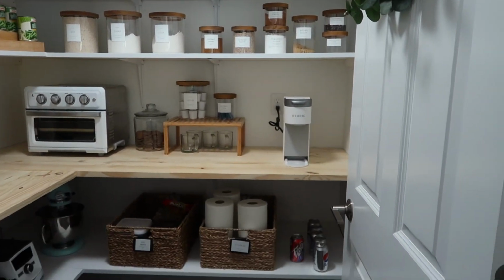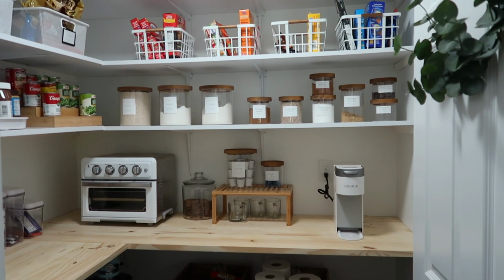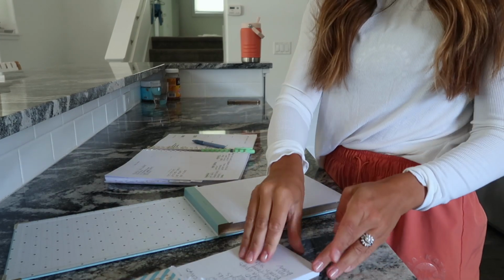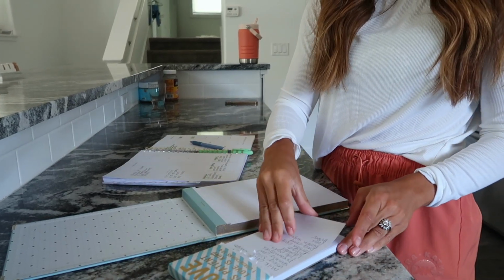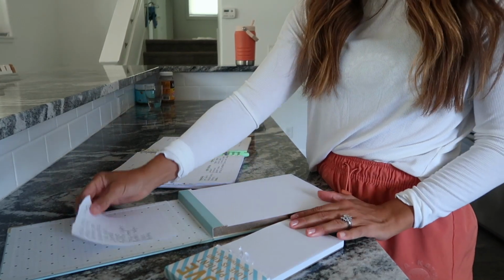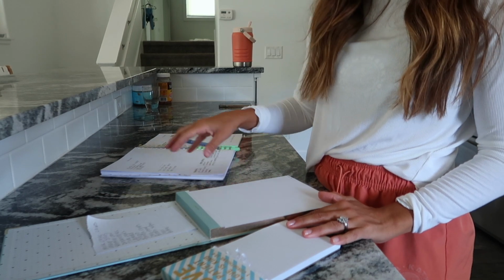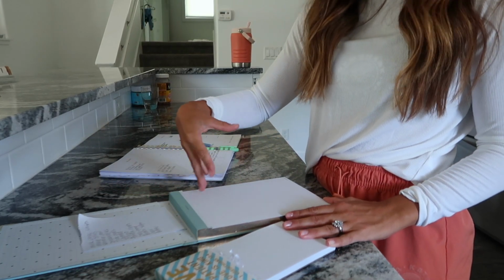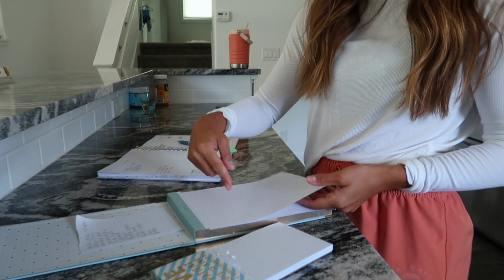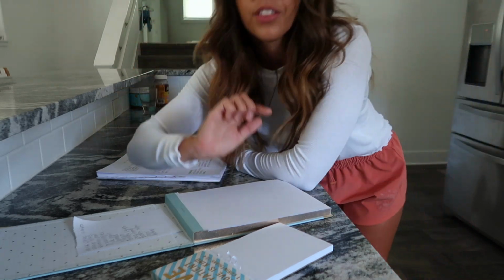I assess what's in the refrigerator, what meat we already have, frozen, whatever. I keep a little pad on the refrigerator. So these are things I've been randomly writing down whenever I see that we're out of something, and then I think of anything else that we need for our dinners and stuff like that, and then I write that on our list too. Another quick tip is that I like to put everything in order on the grocery list,